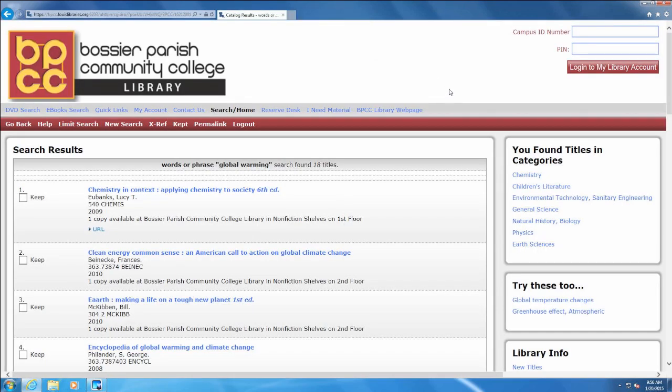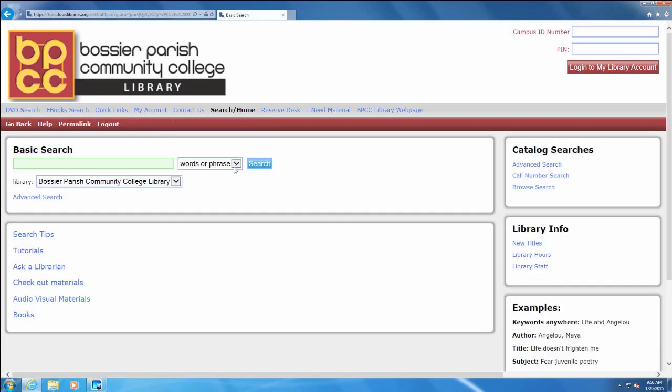And last thing I want to show you, just for a little bit of comparison, is notice here that we do have that global warming search which came up with 18 titles. I want to do that same search as a words and phrase search. As a title search, just so you can see the difference. Words and phrase means that if the phrase global warming ever comes up in a chapter, in a summary, in the title, it will bring that up. If I did a new search